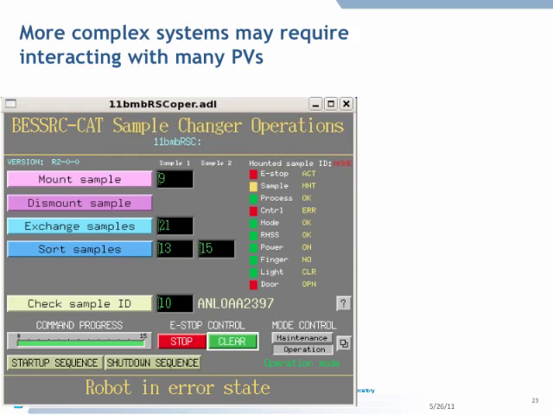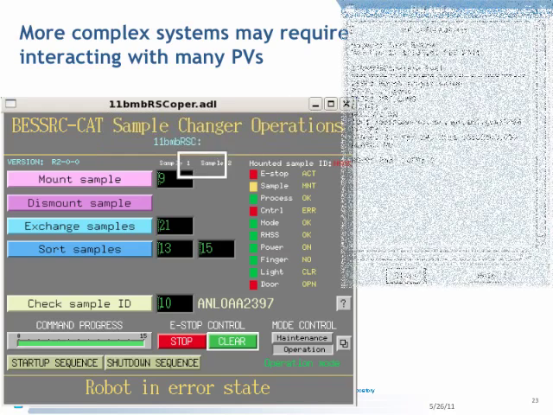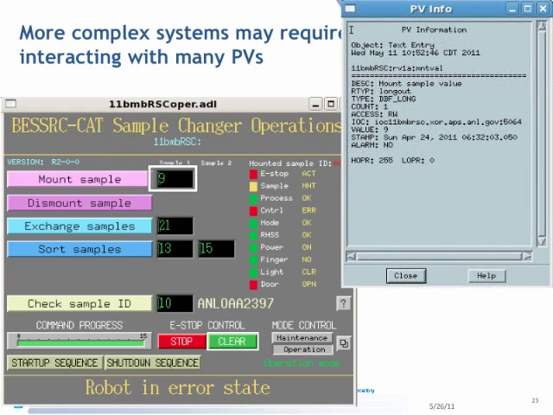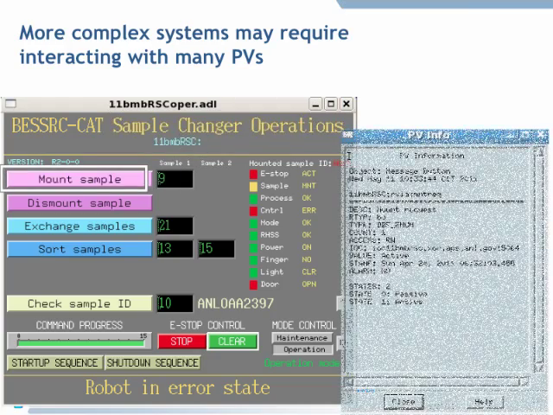Not all PVs are as simple as motors, and I brought up this one here. This is our sample changer, aka the robot, which my wife calls Snookums. It has a more sophisticated set of PVs associated with it, but again, by using it in MEDM, we see what we need to do. So the first thing that we will do when we use this is we'll tell it what sample position we want to load. So that's this PV here, mount val, MNTVAL,